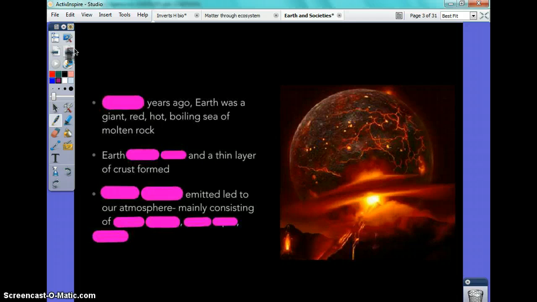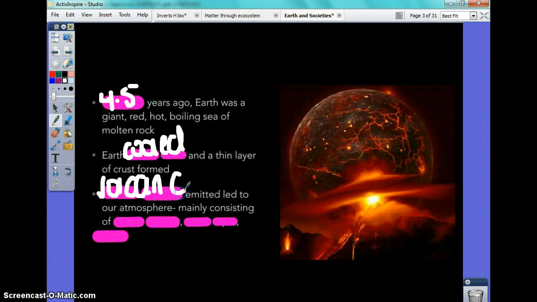So 4.5 billion years ago, Earth was a giant red hot boiling sea of molten rock. And then what happened? Earth cooled down, and that's when the crust formed. And then what was emitted that led to our atmosphere? Volcanic eruptions were emitted and it led to our atmosphere, which mainly consists of